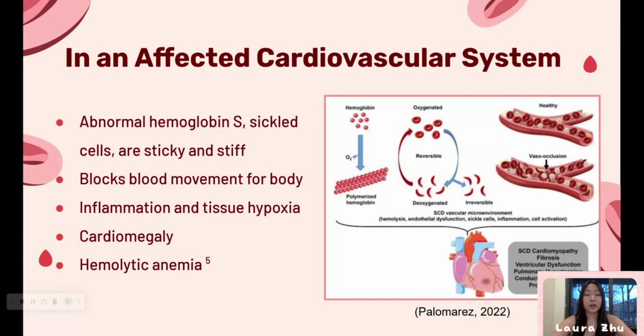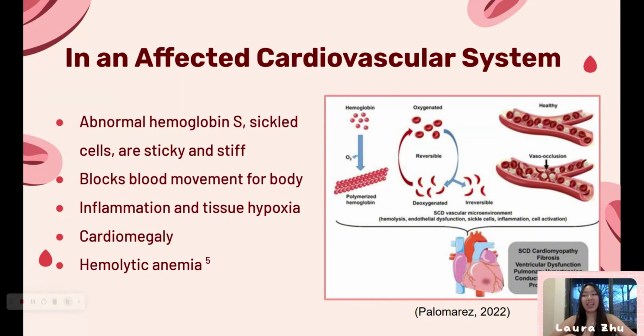In the affected cardiovascular system, the sickled cells are, as I said, C-shaped, but they're also going to be a little bit sticky. So when they're not round, they're not able to go through the blood vessels, and they can cause these blockages shown in this image in the red blood cells. And what that can cause is inflammation, hypoxia, cardiomegaly,